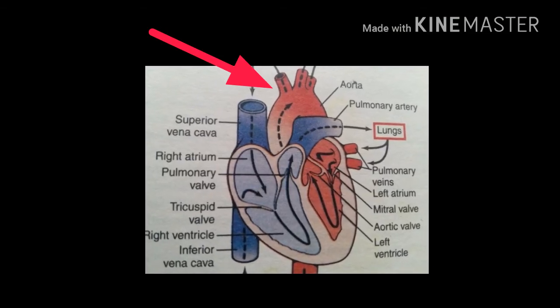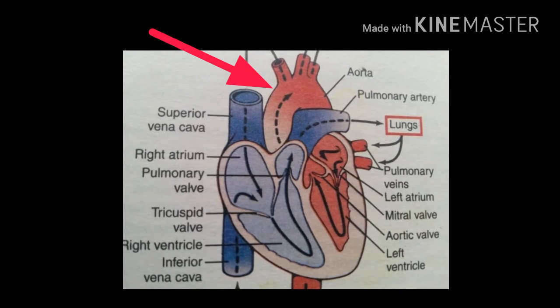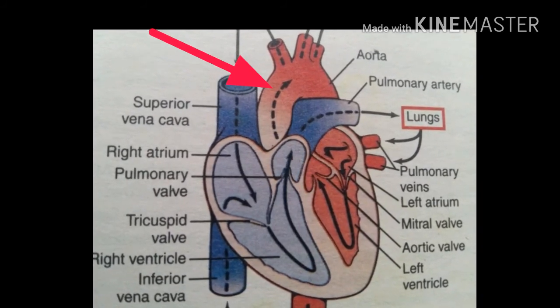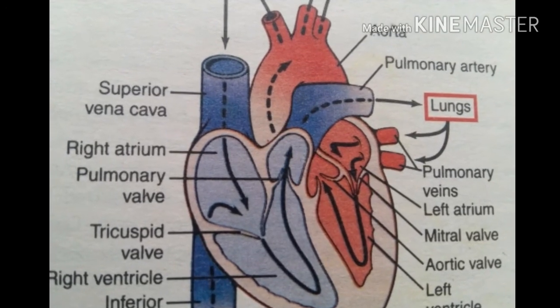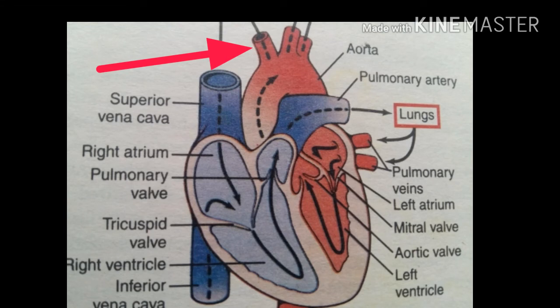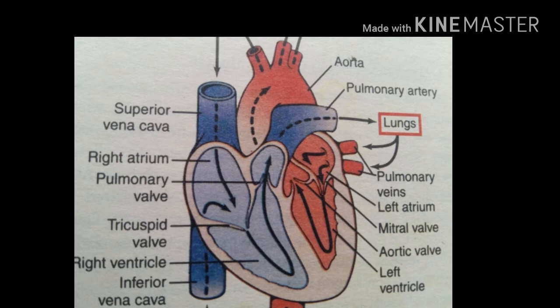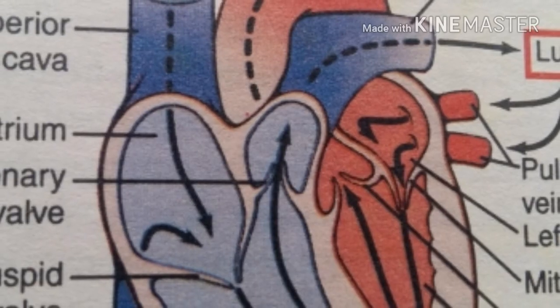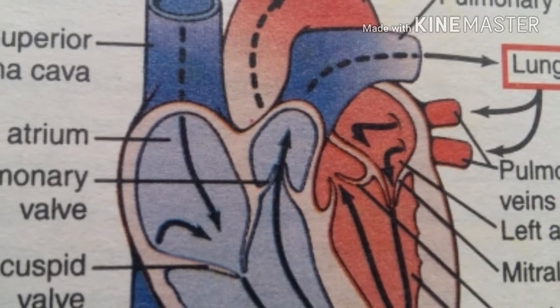So the aorta carries the oxygenated blood, okay, and the aorta is further divided into arteries which also carry the oxygenated blood, and the arteries are further divided into arterioles which carry the oxygenated blood. But now the important thing is the capillary, because the capillary is the end of the arterioles and the beginning of the venule. So in the capillaries the blood exchange occurs, the oxygenated blood becomes deoxygenated in the capillary and enters the venule. So now the deoxygenated blood enters from the capillary to the venules, and the blood is going up,